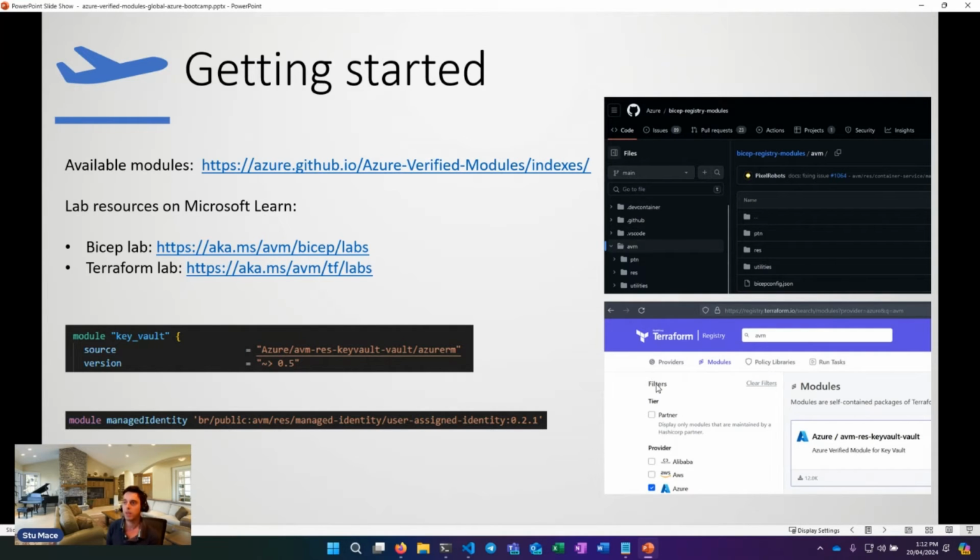But as you see, you can reference the module via a source flag, and it is recommended to pin the module to a specific version, so you always know you're going to get the same information each time.